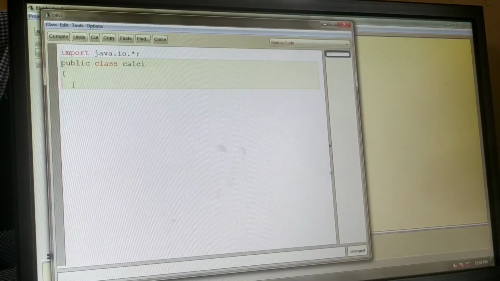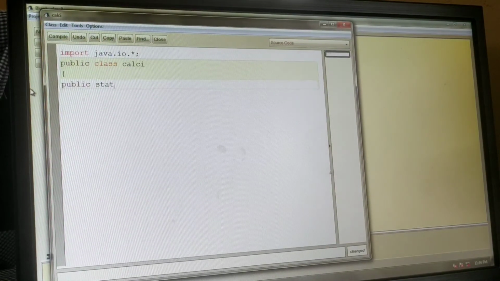Now the main function starts. public static void main. You have to enter. If you want to calculate 2 numbers, the first thing you need to do is input 2 numbers from the user.